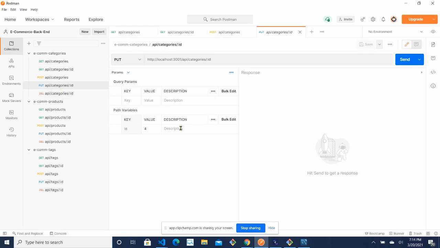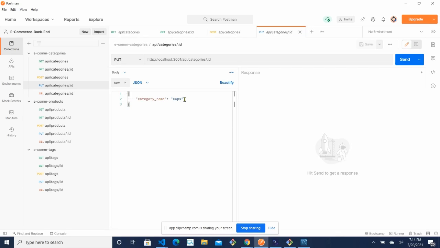Say we want to put something, so in which ID, which means the ID of the category, the primary key of the category table, is ID. So the path is colon ID that is being shown, and that value over here is being given as 4. So it will put some data in the category table with ID 4. What data we want to change comes over here in the body.